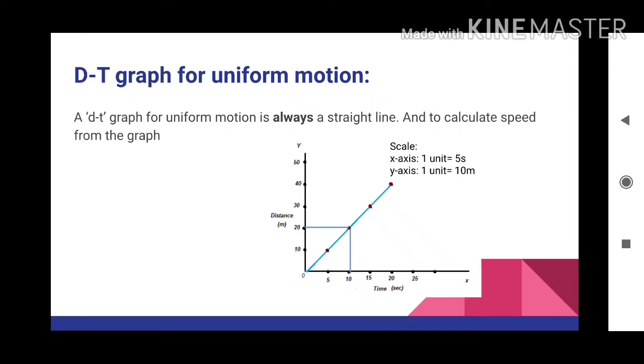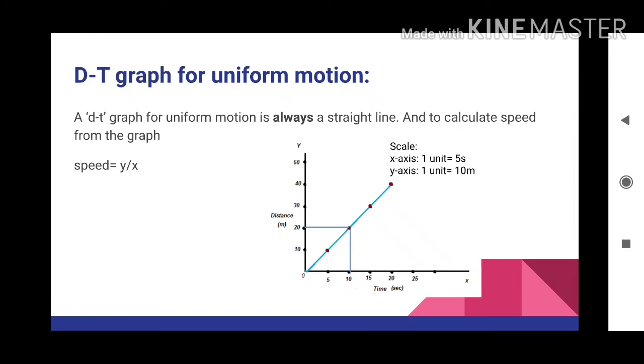It can be anything. And to calculate speed from the graph, in the previous part I told you that we learn how to calculate slope, and by that we can calculate speed. Here the slope, or the slantness of this graph, will give you the amount of speed, right? So how do we do that? Speed is equal to y by x. The value of speed is equal to the slope of the graph.